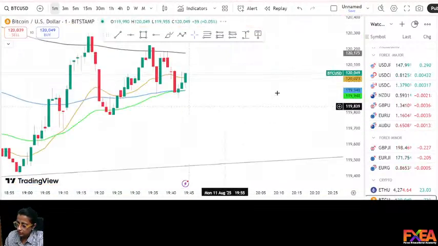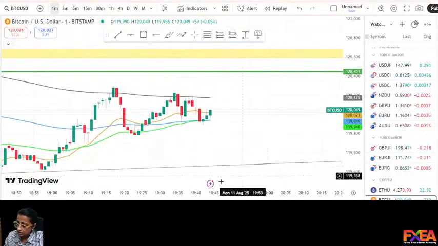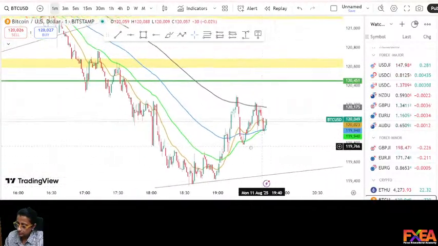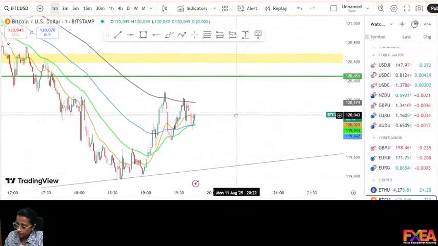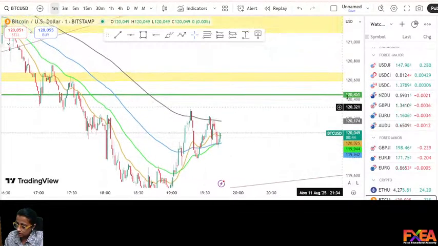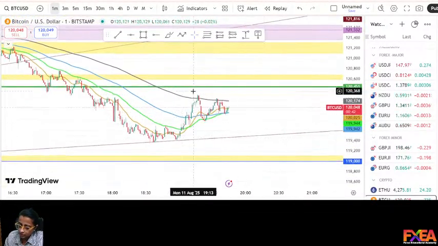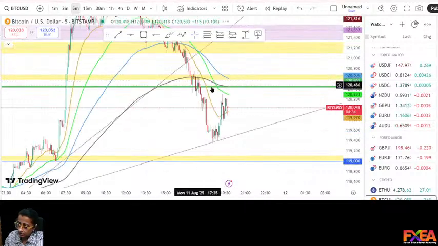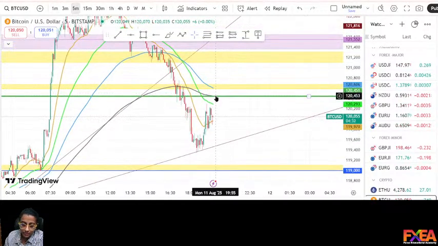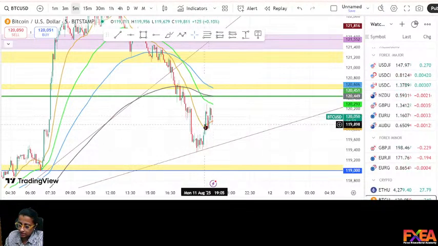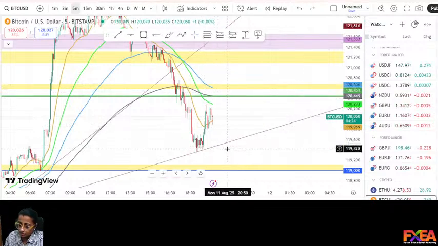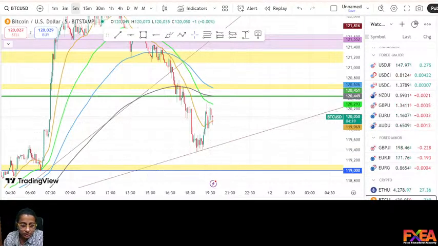What about BTC USD? What is happening? Did it reach somewhere we expected? BTC USD is right now in a time correction or pullback time correction here. Let me go with a higher time frame and see. The 5-minute papa is located here in BTC USD. I don't want to take any trade right now in this range. Let the market go above this level or below this trend line. Right now I don't have any conviction to take any trade.